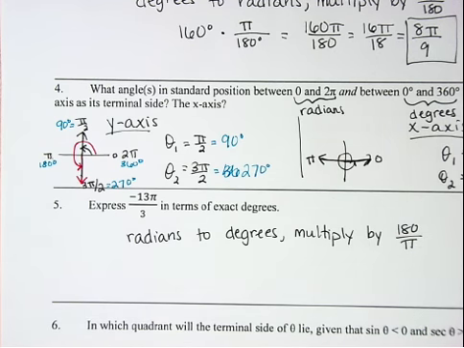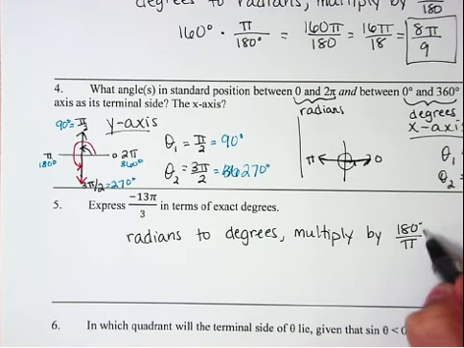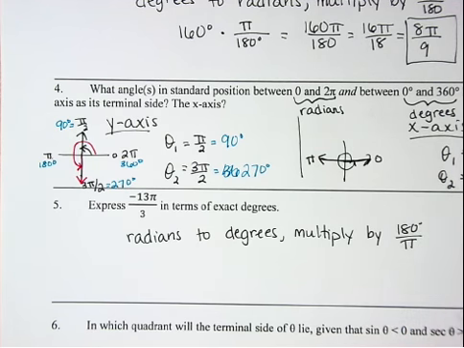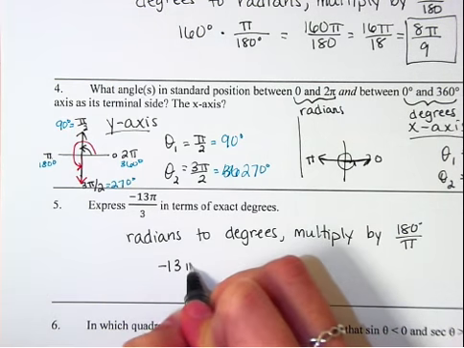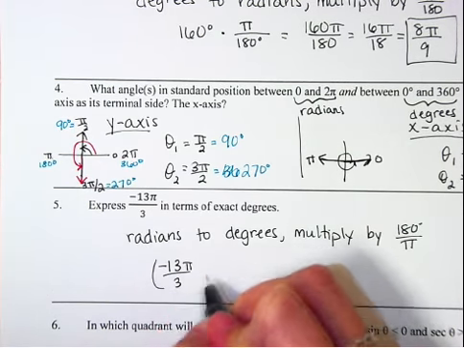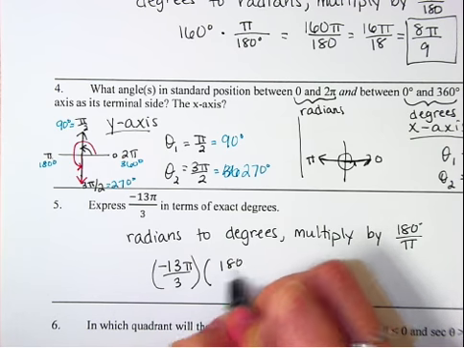And I usually say you want your pi's to cancel out. That's technically not the right terminology, but it's a good reference tool for most of these problems. We want to go to degrees, and I want the 180, the degrees, to be on top. I want those to stay there when we're finished. So to do this, negative 13 pi over 3 times 180 over pi,